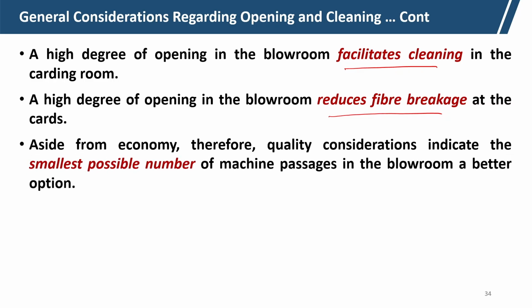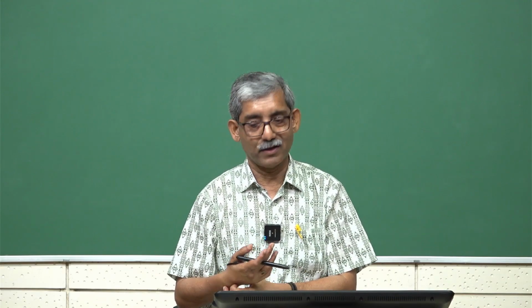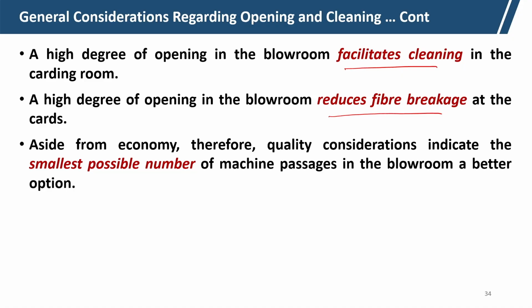Aside from economy, the quality consideration also indicates the smallest possible number of machines. So, we try to use a lower number of beaters and a smaller line to reduce the cost. Okay. Even if we keep aside the economy part, a smaller line is always preferable to maintain the quality. So,